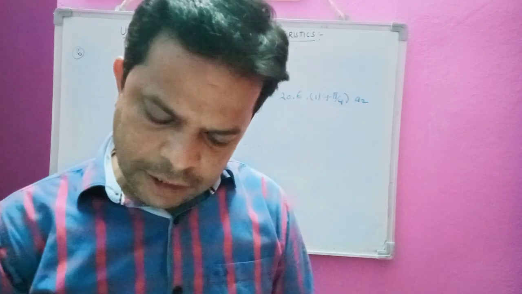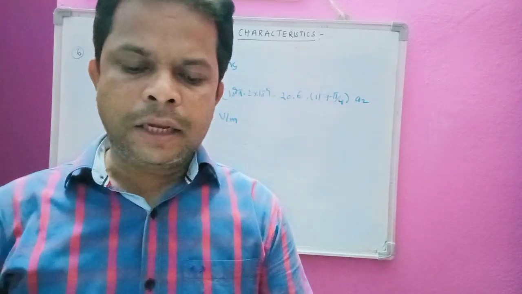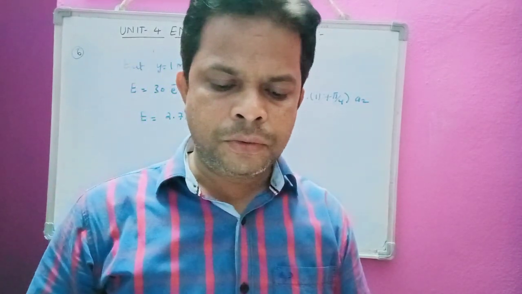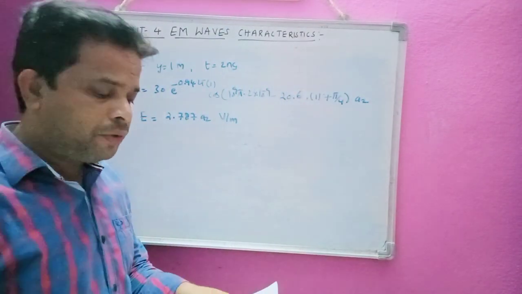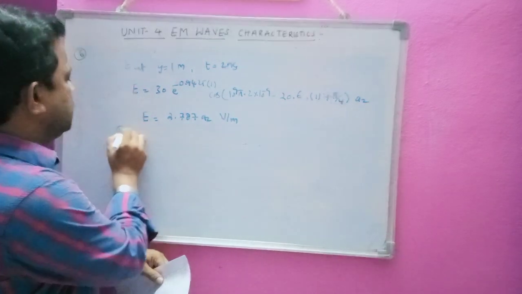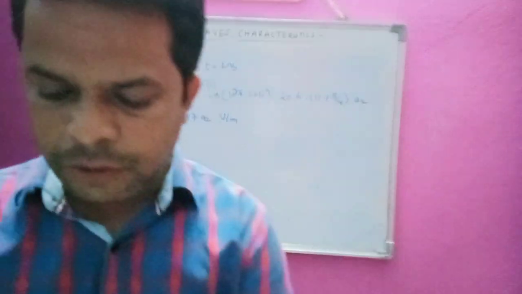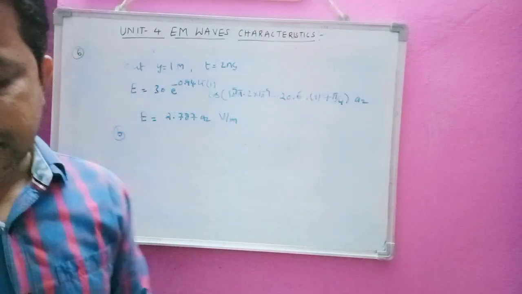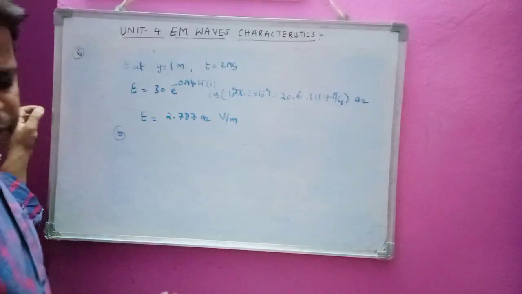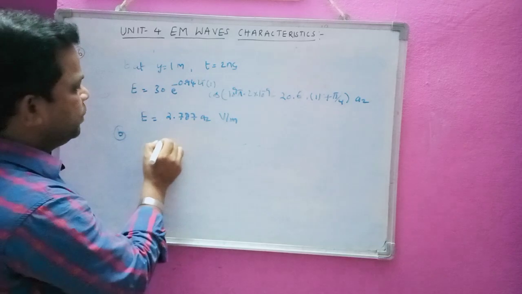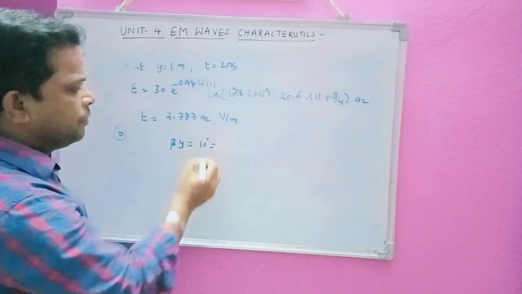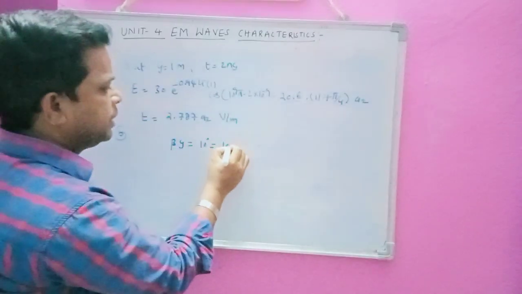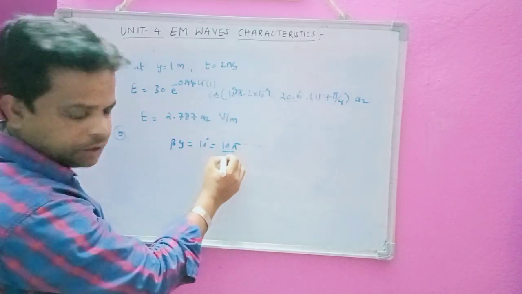He is asking the distance traveled by the wave to have a phase shift of 10 degrees. So the wave is having a phase shift of 10 degrees, that is beta y is the phase shift here. We have to take beta y, which has a 10 degrees phase shift. After converting this into radians, I can write here 10 pi by 180.